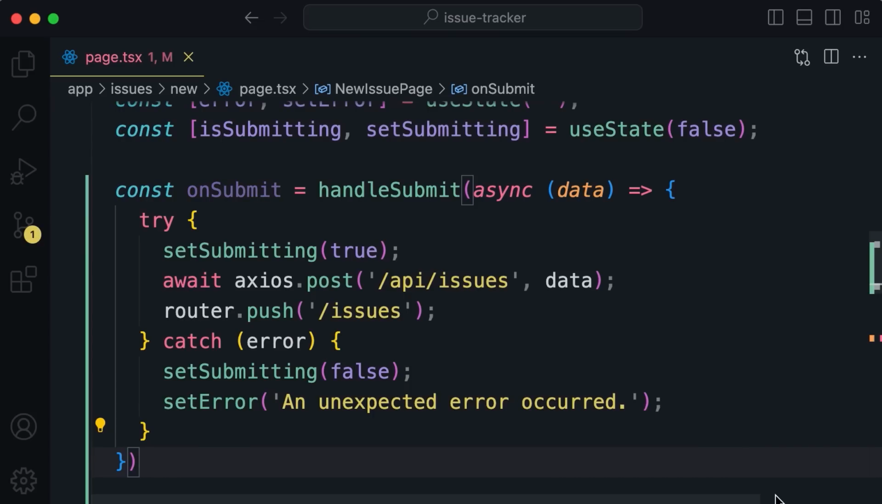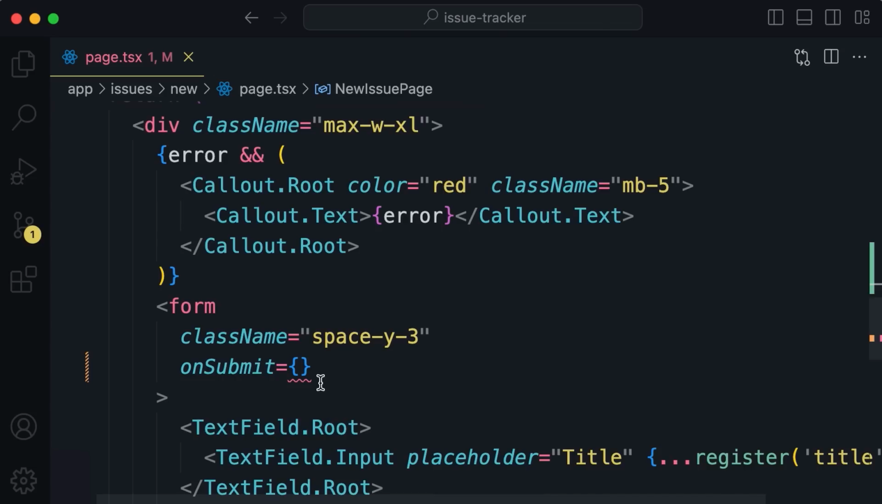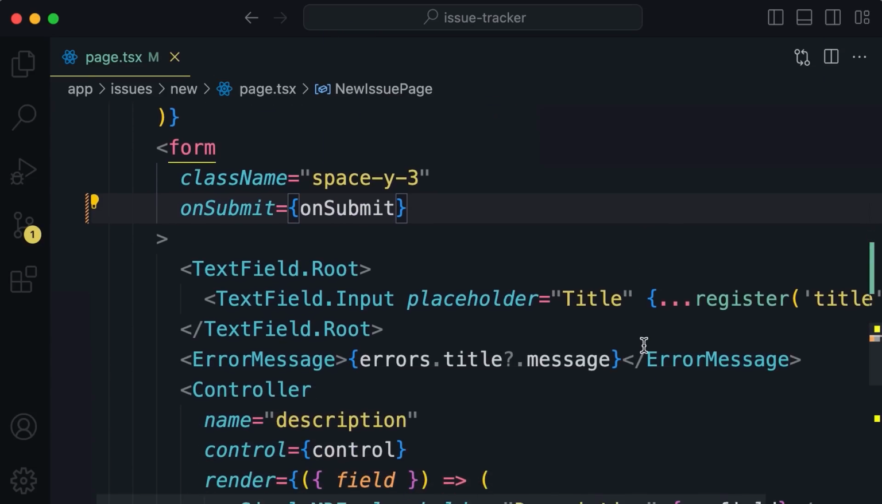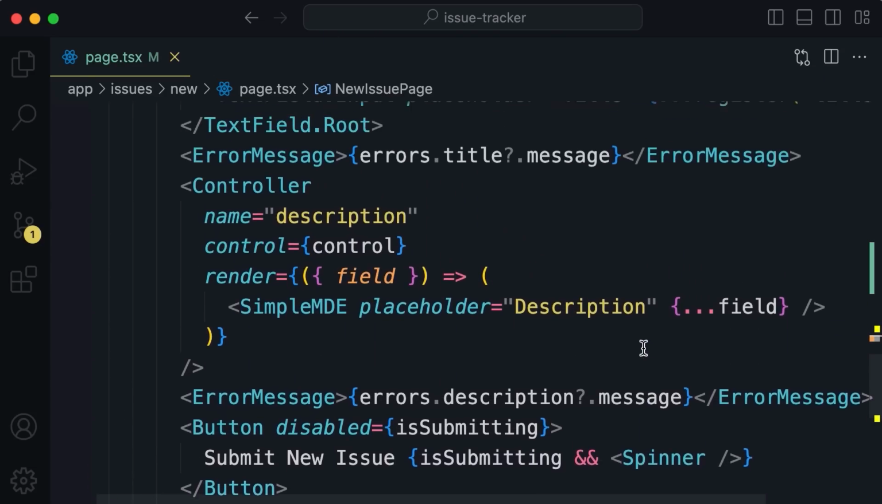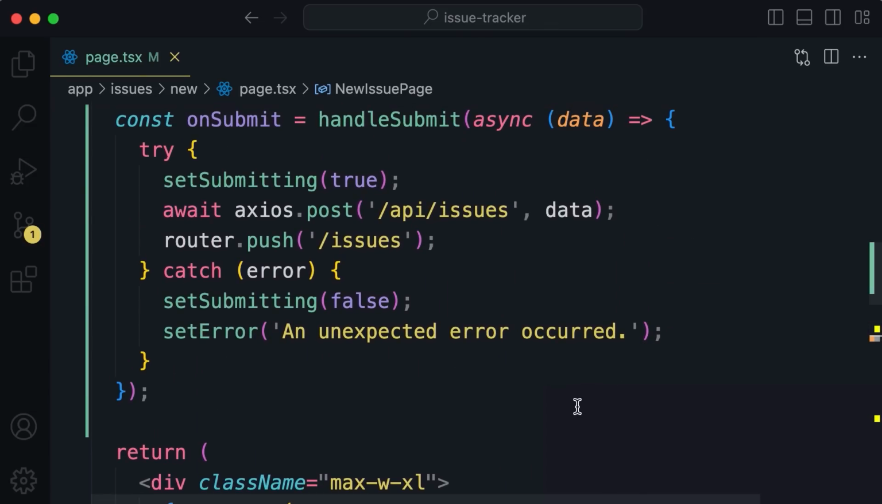Like this. So now the logic for submitting the form is completely separated from our markup. We just have to remember to add onSubmit here. With this, our markup is completely separated from our logic. So that was good. Now, there is another issue we want to talk about here, and that is this line